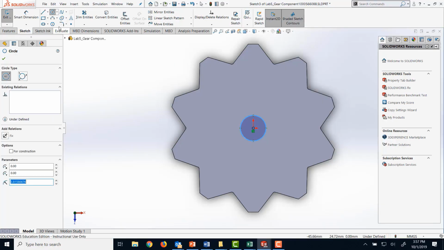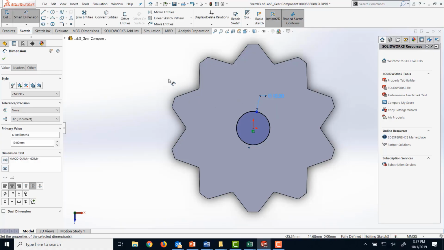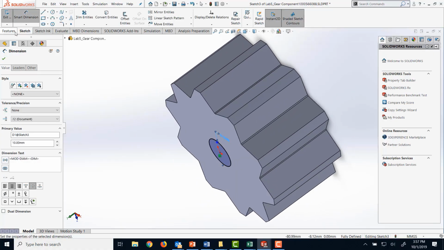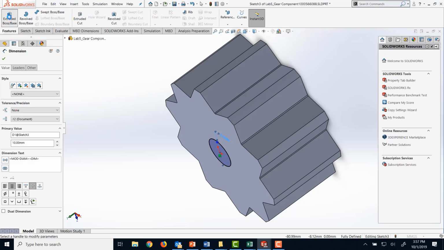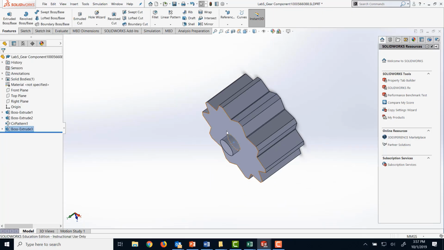The center point is right there, and I'm gonna add the dimension for this circle, the diameter is 10 millimeters, and I'm gonna extrude this by 5 millimeters along this direction. 5 millimeters, and I'm gonna click OK. So this side has been made,